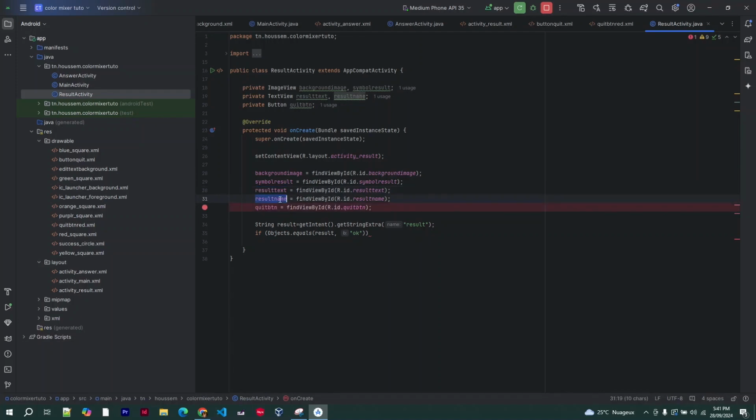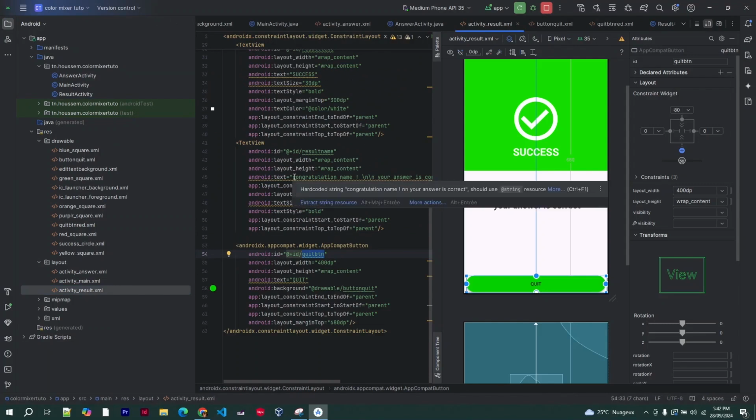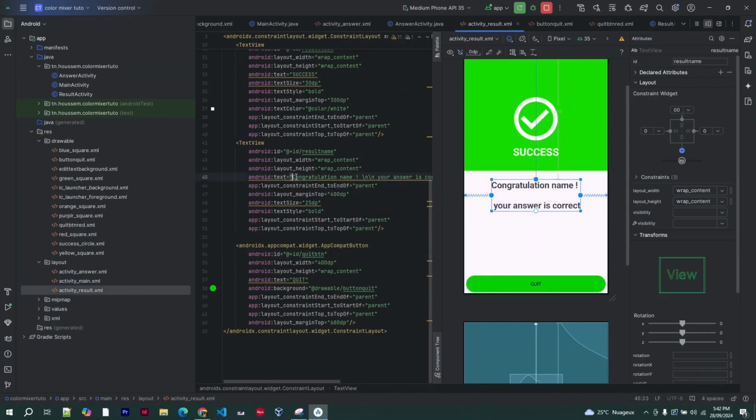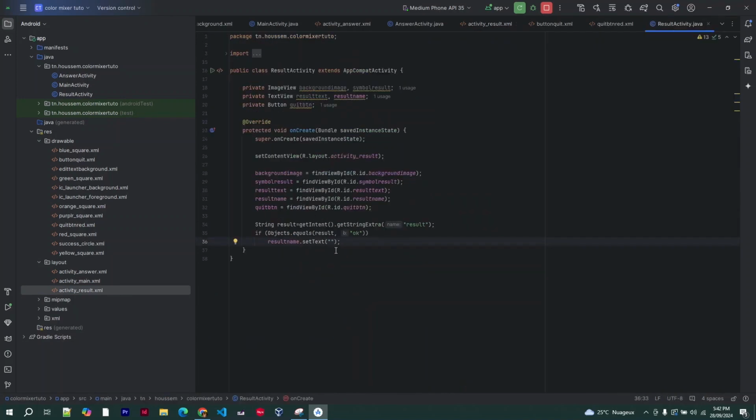So result name, we will change this. Result name dot set text. Okay, I will copy it from here. Plus,